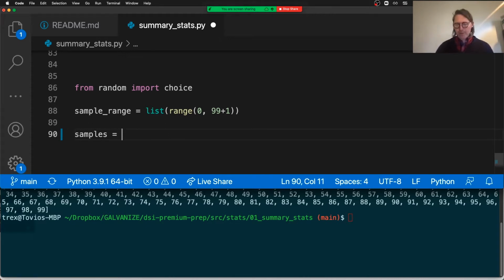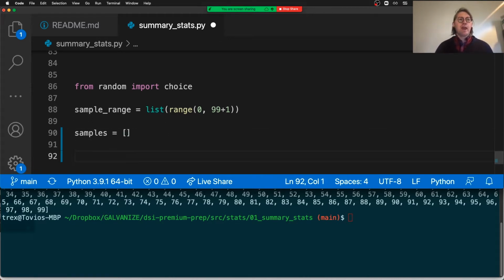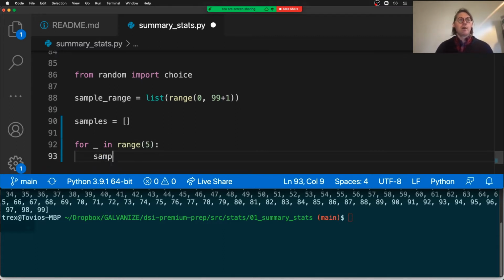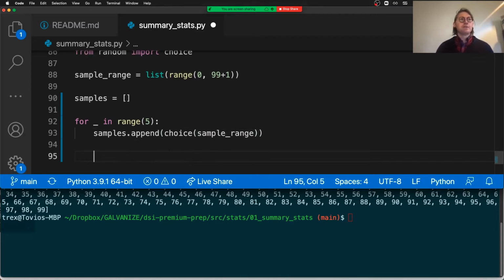So I'm going to build a list called samples, and I'm going to sample 5 times. So for whatever in range 5, I'm going to append these 5 values that are sampled from the range 0 to 99 into this samples list. So I'm going to take a choice from the sample range. And if I print the mean of the sample range,